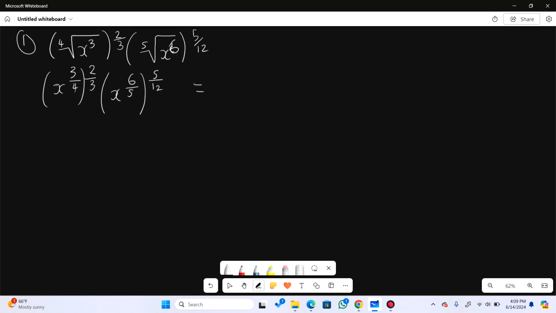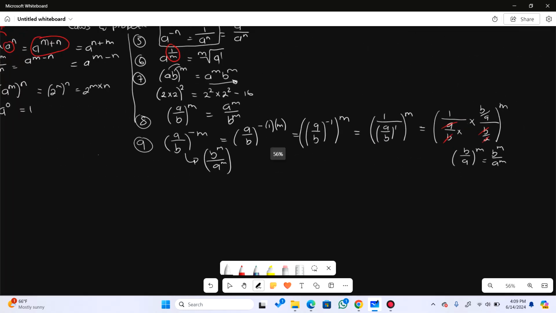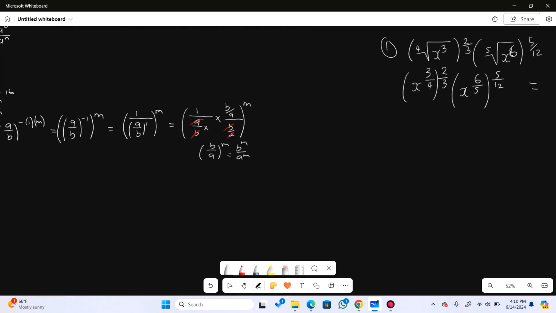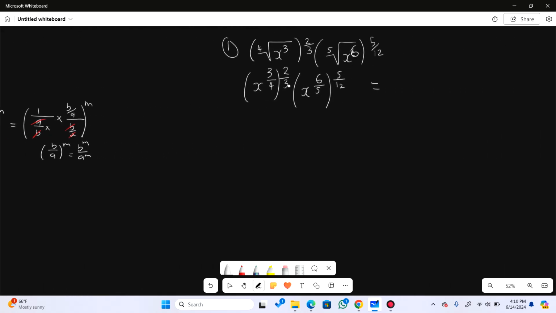Now we look at our properties. We notice that here we are dealing with property number 3. Whenever you have an exponent raised to another exponent, you multiply the exponents. So in this case we're going to multiply these two. The 3 and the 3 will move, and hence we'll have 2 over 4, which is a half,